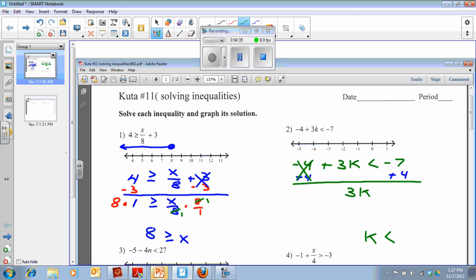I'm just going to bring down my inequality sign, so positive 3k is less than, and then 7 negatives and 4 positives put together is a negative 3. And I'm just about ready to now isolate my variable. Let's see, what's the opposite of multiplying by 3? I would divide by 3. Need to do the same thing over here, divide by